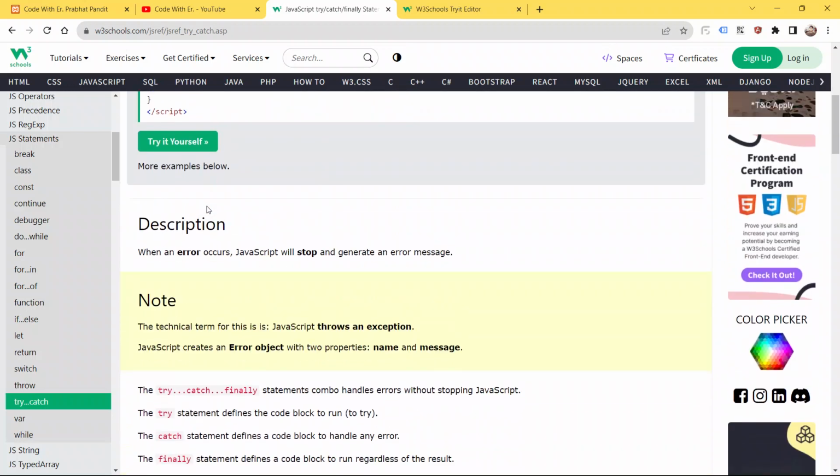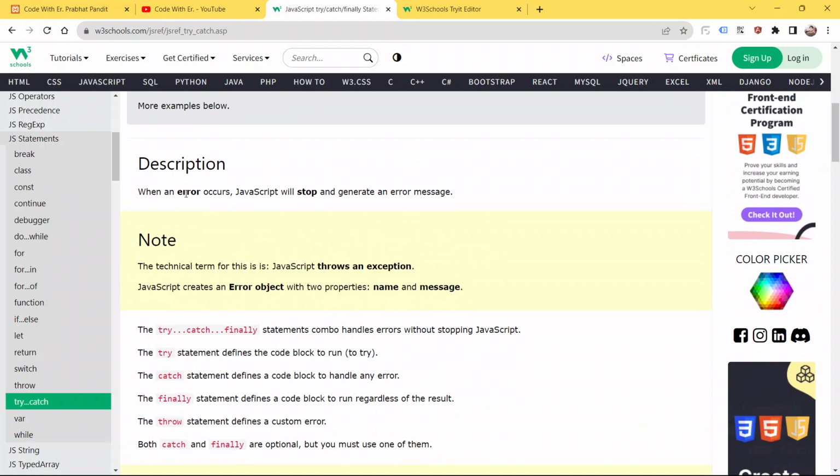Here we have some more descriptions. When an error occurs, JavaScript will stop and generate an error message. Whenever the JavaScript code encounters an error inside the try block, it will stop the execution of code, and then it will throw the error to the user or to the console.